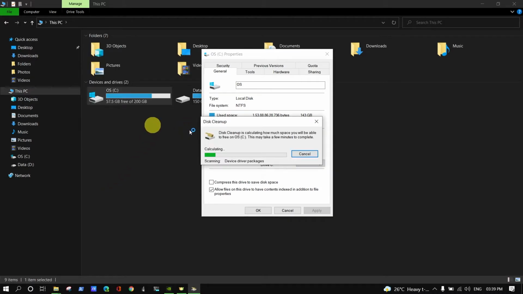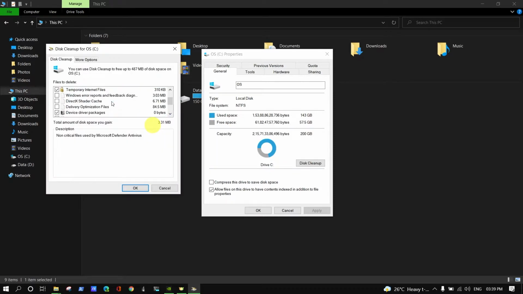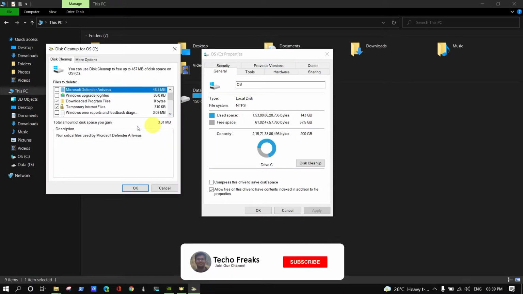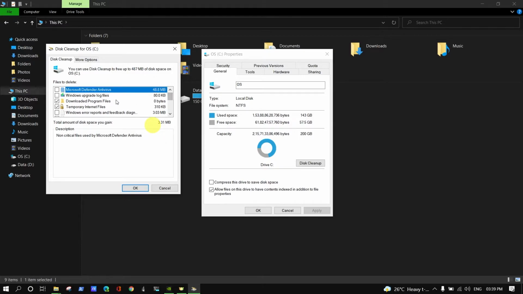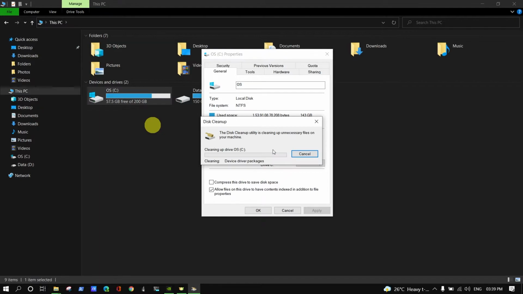Yeah, now I can go to clean up system files, and it will scan every file and work out how much disk space you can gain after this. So obviously you can see 3.31, that's a big one, I guess. Okay, so let me check Windows upgrade log files and Microsoft Defender antivirus. This way, you can select the files you want to include and exclude. If you check it, it will be deleted. I just click on OK and click on delete files,